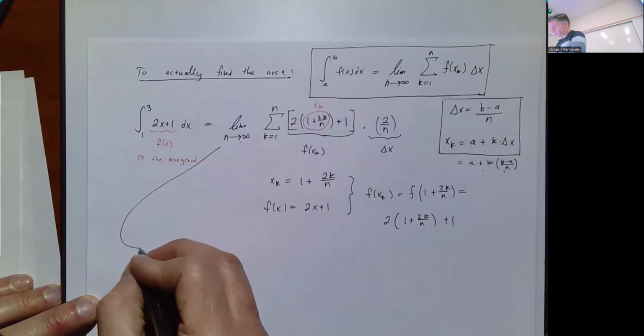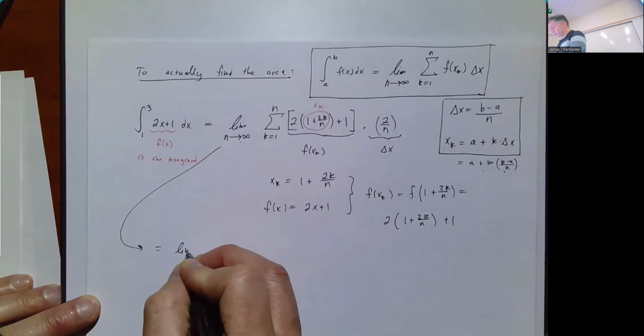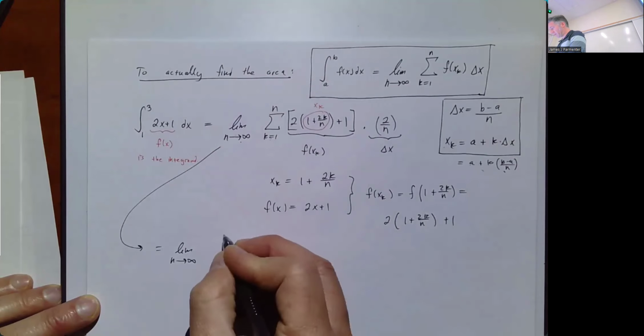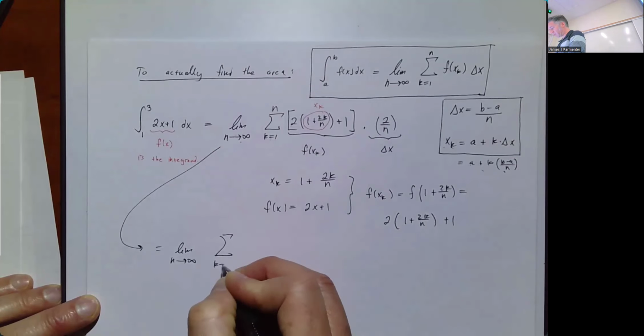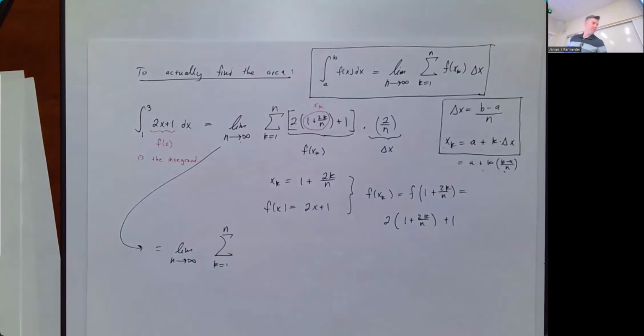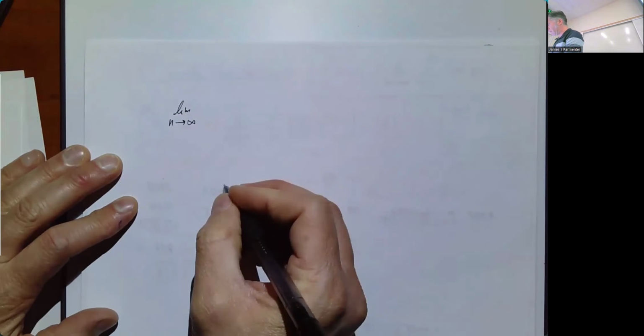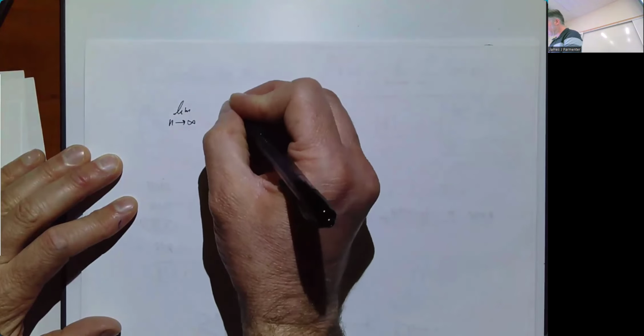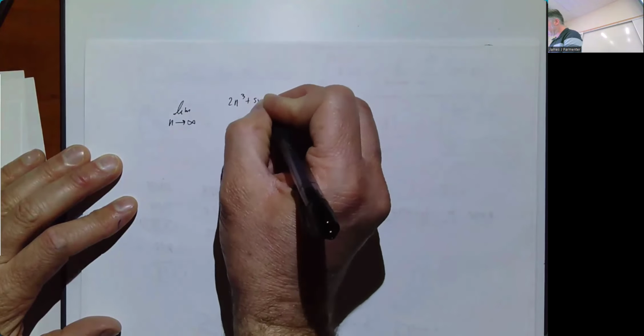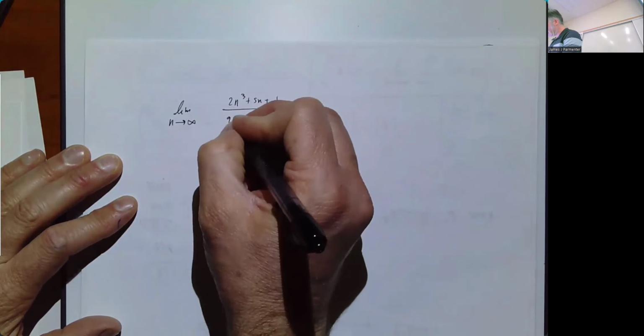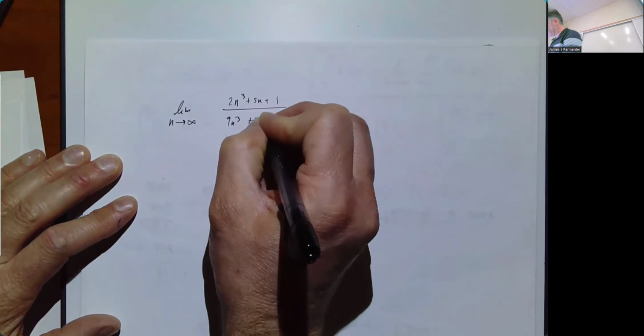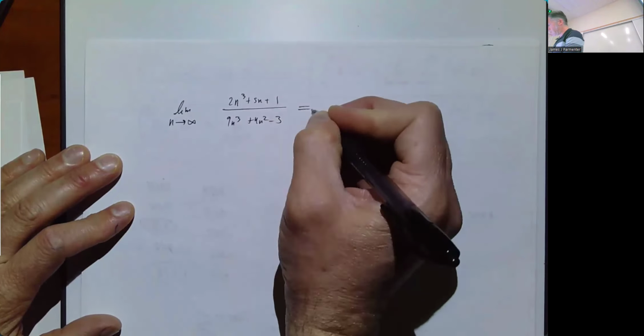So we're going to write this as the limit as n goes to infinity of the sum from k equals 1 to n. We'll do that in a second. Before I do this, one quick thing I want to make sure everyone's cool with. If I said, what's the limit as n goes to infinity of 2n cubed plus 5n plus 1 over 9n cubed plus 4n squared minus 3,